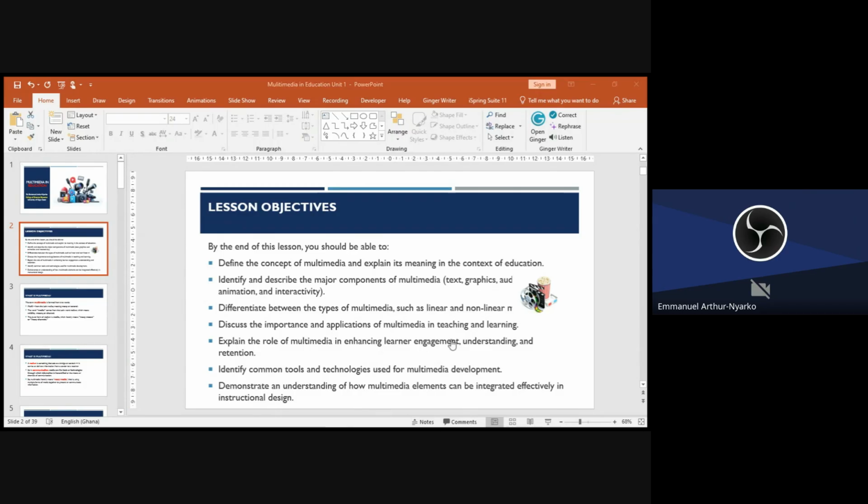Any other comments? Any other explanation with respect to multimedia? Thank you so much. I think you have hit the nail right on the head for us to understand what is meant by multimedia.